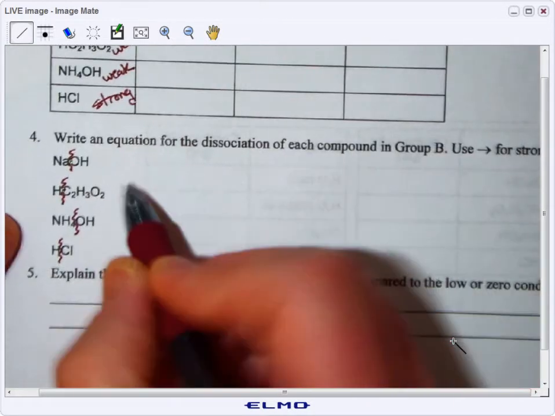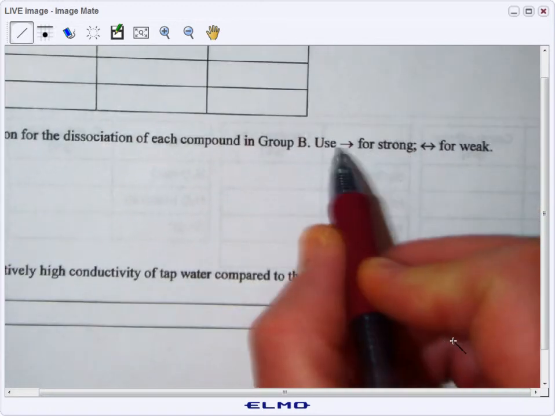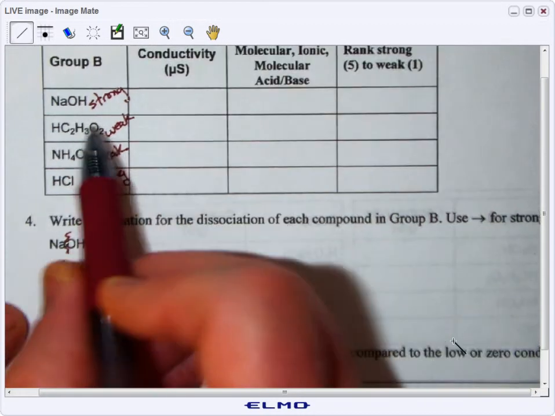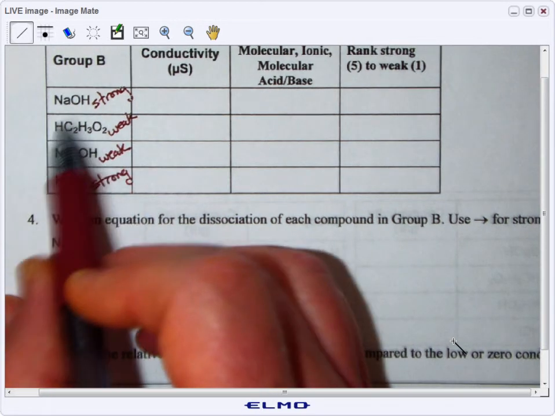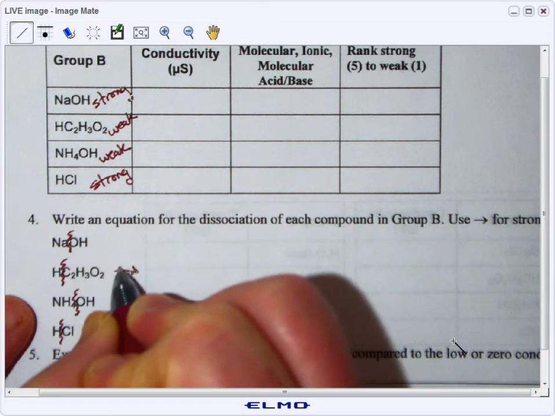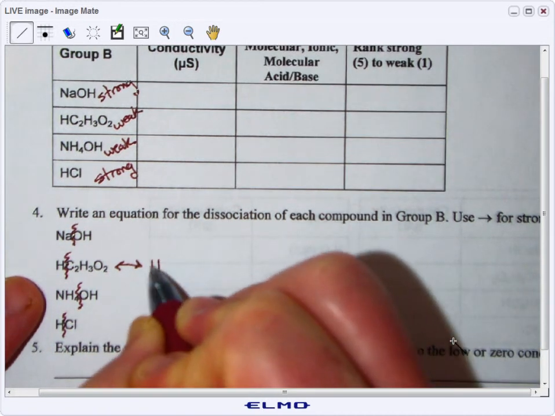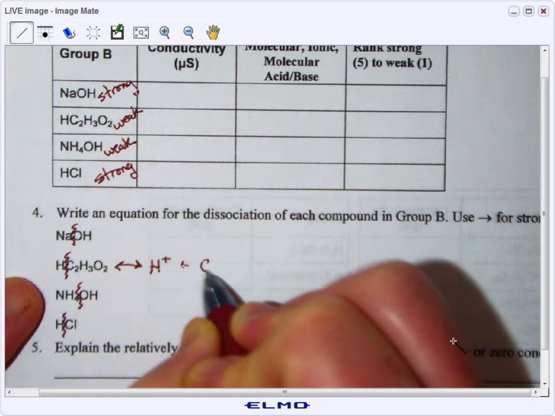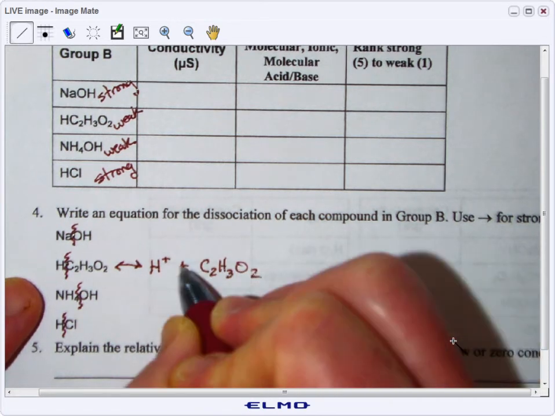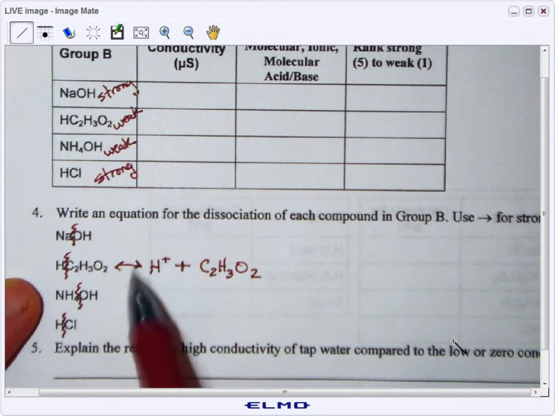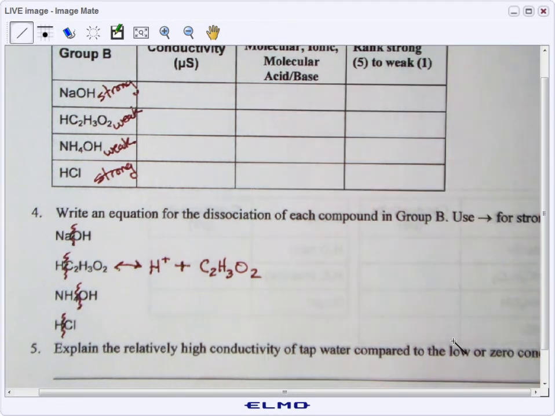So I'm going to draw one of these. It tells you over here in the instructions, if it's strong, you just draw one arrow. If it's weak, you draw a double-headed arrow. I just told you that this acetic acid, your vinegar, is a weak acid. So if it's weak, I'm going to write a double-headed arrow, and I'm going to split it into its ions, H plus and C2H3O2. If it's strong, I would use the normal arrow. If it's weak, I'm going to use the double-headed arrow. So you're really just going to finish filling this out. Number 5, we already talked about. You should be able to do that when you're done gathering